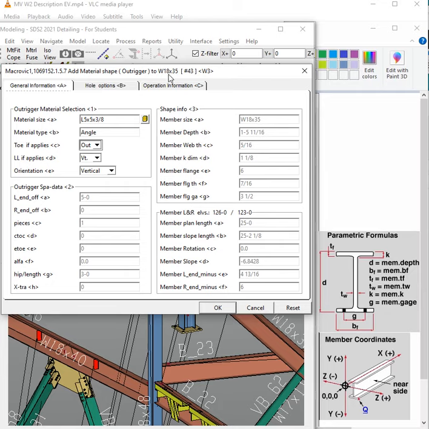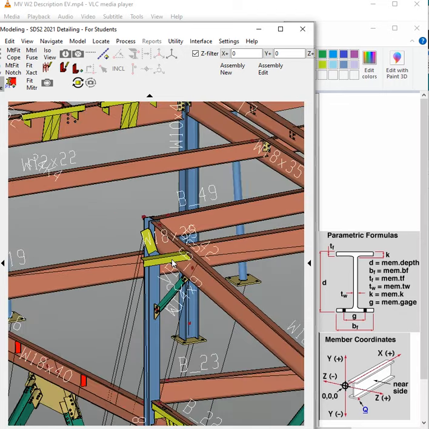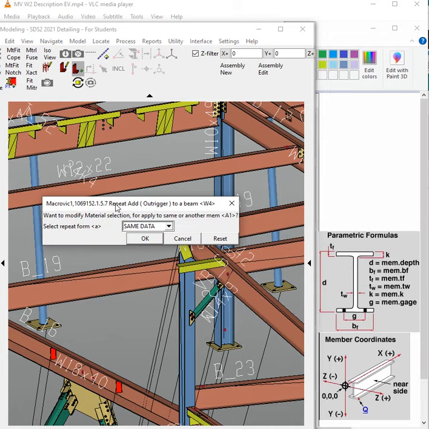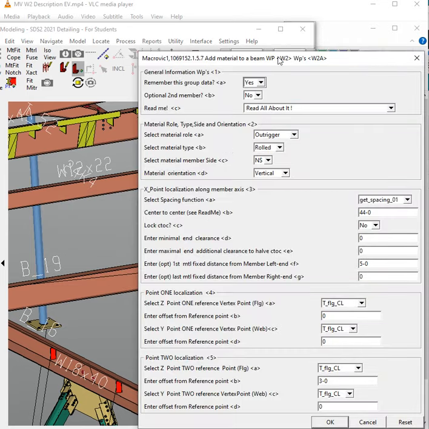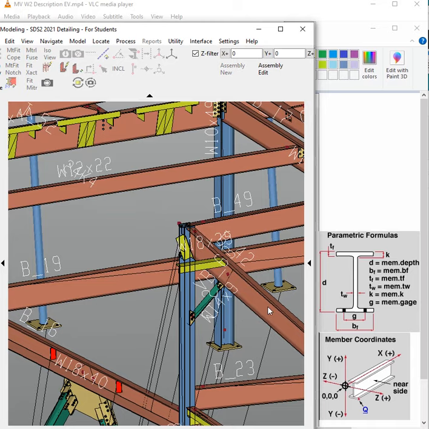The dynamics of the macro VIC operation resides in a larger cycle that begins in window W1, where the options to be enabled for the execution of the macro VIC are selected, an execution that consists of a cycle between windows W2 and W3, in which is interspersed, so to speak, a visit to the physical model, like this: W2, model, W3, W2. This cycle allows entering the required values in W2, going to the model and selecting the beam, going to W3 and